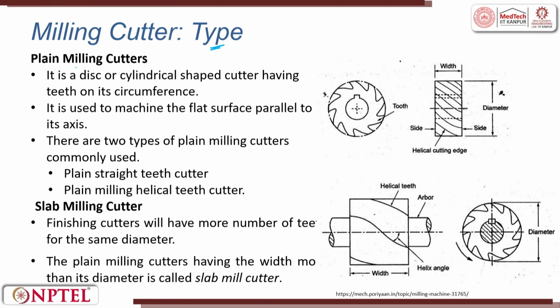One is called the plain milling cutter. In the plain milling cutter, this is the cutter. You have the width of the cutter, then you have the diameter of the cutter, which is important, and then you will have a center portion of the cutter, which is used to locate itself with the arbor or goes inside the arbor. Then you will have these, all teeth. Now you hold the cutter and then rotate it. So, you try to get a flat or a slot output.